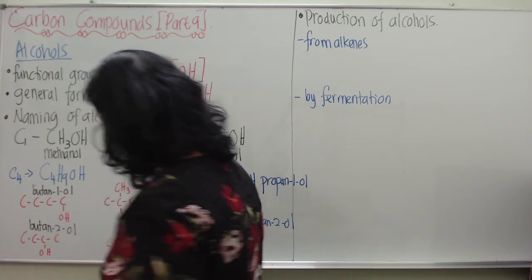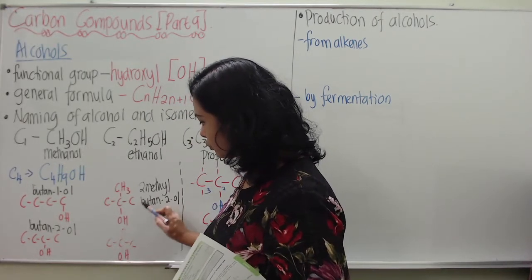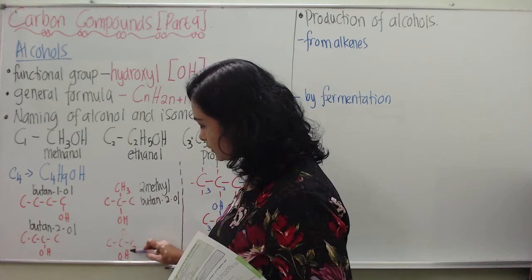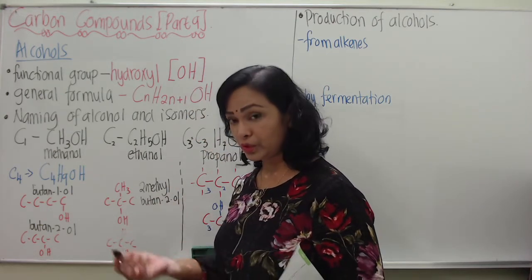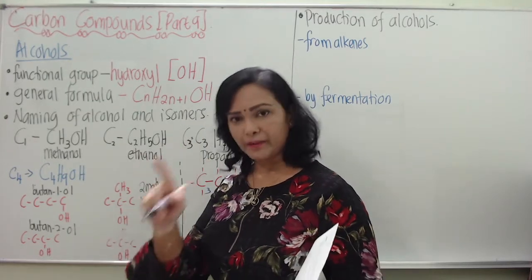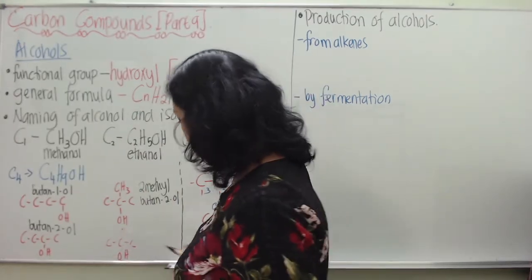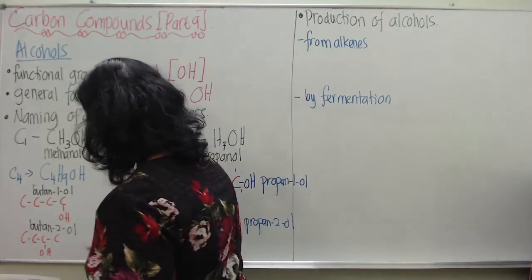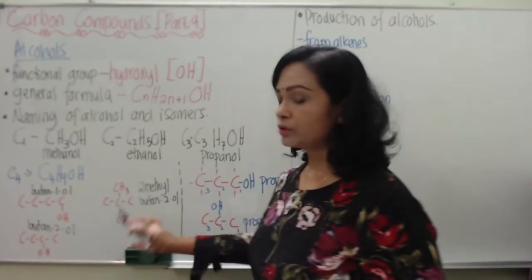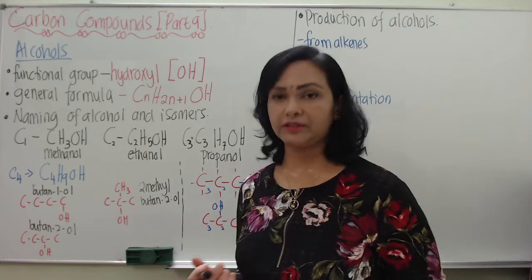Now see how did teacher know that it is going to produce the same? The moment I see the drawing and also the moment I know that it is going to produce the same name, that will be the same isomer. So even though the drawing might look different, it is the same. It looks different, but the name will end up the same.